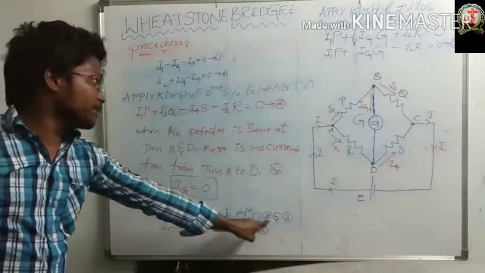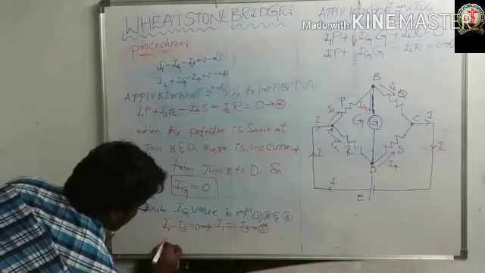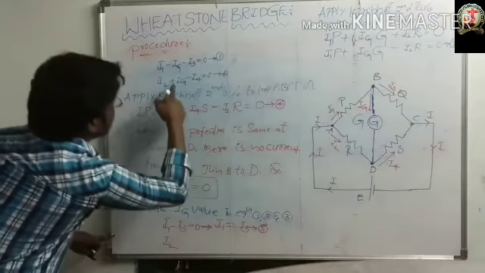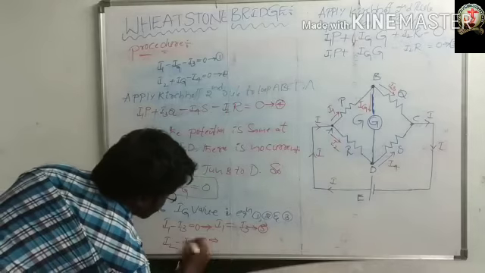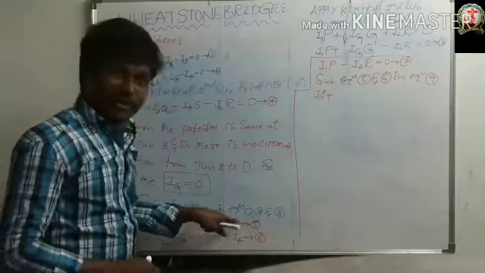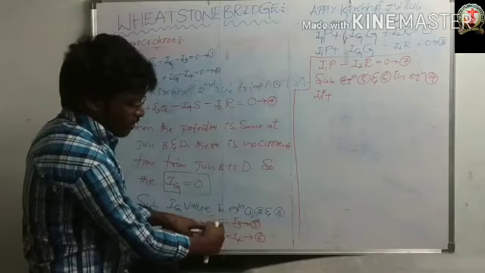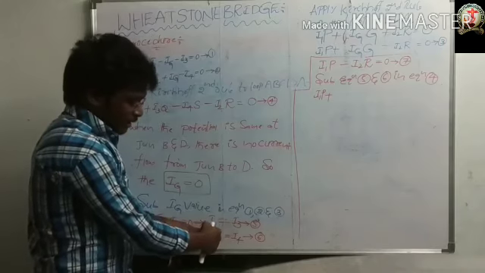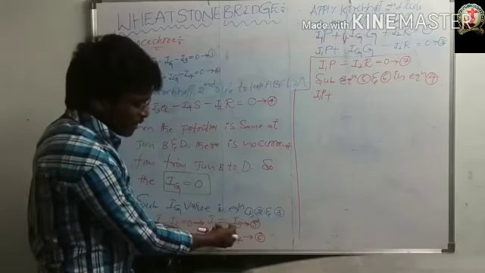Again, substitute equation 2. What is equation 2? Here I2, this value is 0. So minus is equal to 0, which implies I2 is here. Equation 5: I1 is equal to I3. So I1 is equal to I3 means in the place of I1 we can substitute I3, otherwise in the place of I3 we can substitute I1.